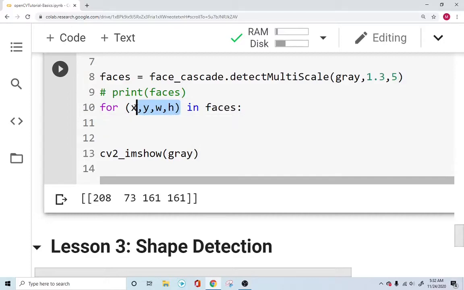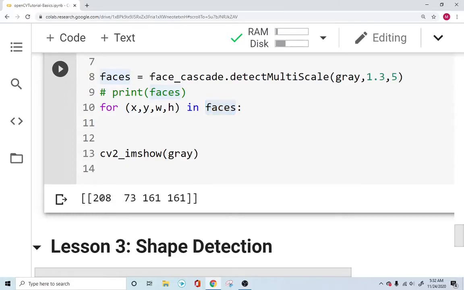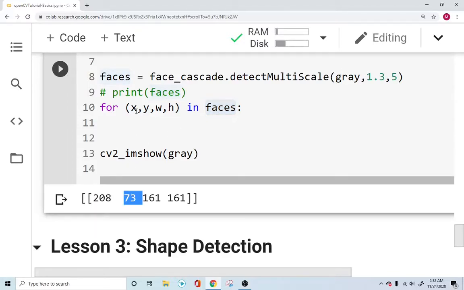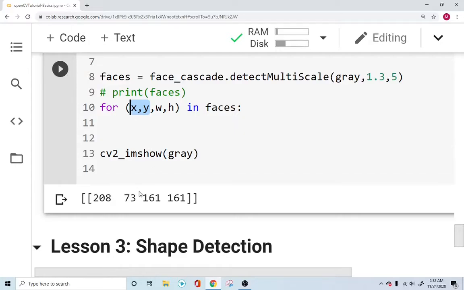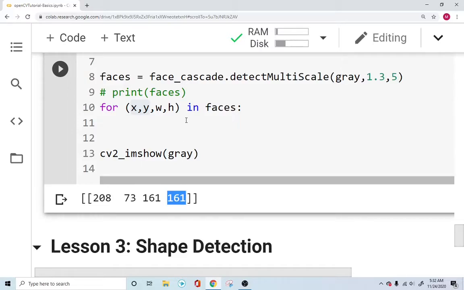This x, y, w, h is nothing but the coordinates that are available inside the faces. The 208 and 73 are nothing but the x and y location of the top left corner of the rectangle. And this 161, 161 is nothing but the width and the height of the rectangle, of the bounding box